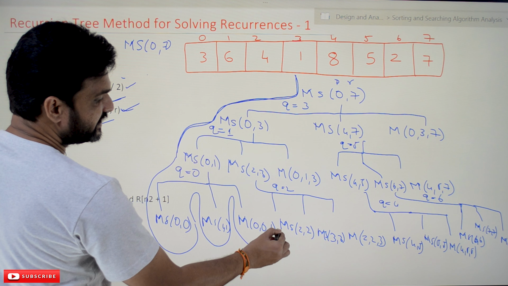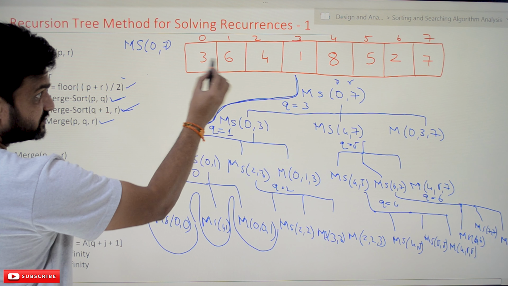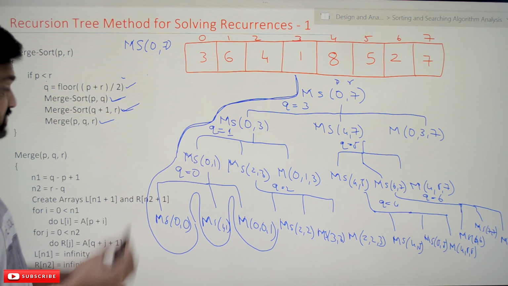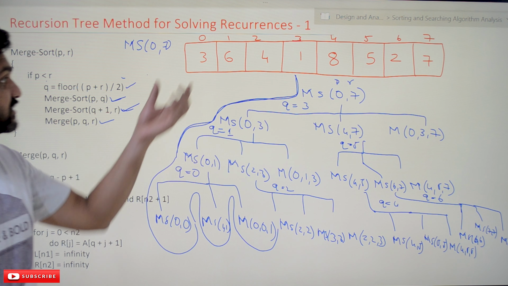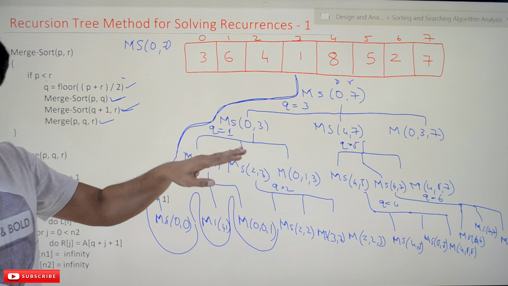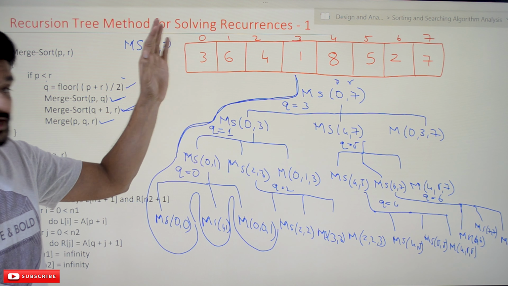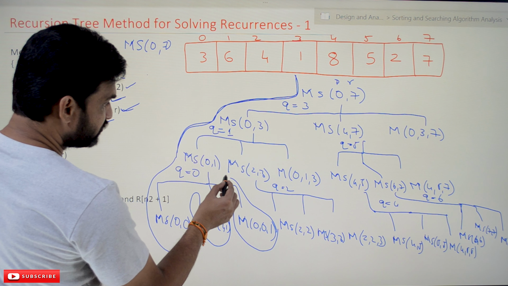And after that merge of 0 comma 1 is made. Merge of 0 comma 1 means these two will get merged, these two will get sorted, in the sense this merge is used to sort the elements in order. So for that, these two elements will get sorted first. Try to get that point. These two elements will get sorted first, and next, we have to execute in this way.